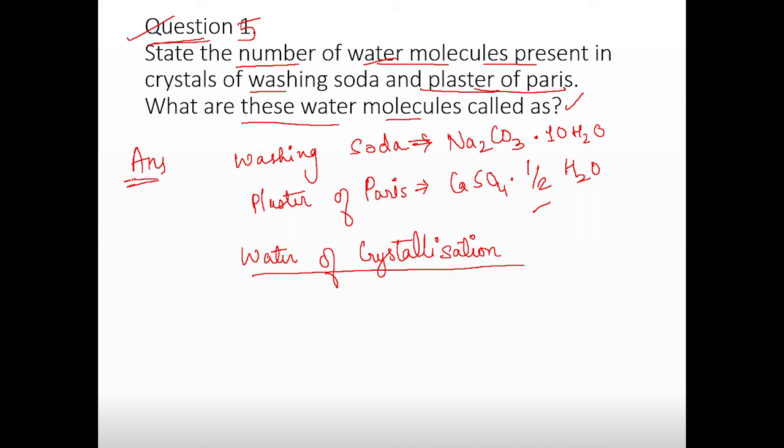So always remember, dear students, according to the marking, you have to answer it. The questions which we have done up till now were 1 marker questions, and this fifth question was a 2 marks question. Okay? So why am I saying it is 2 marks? Because when you write the number of water molecules of the formula, you'll get 1 mark. And by answering what these water molecules are called, it is going to give you 1 mark.